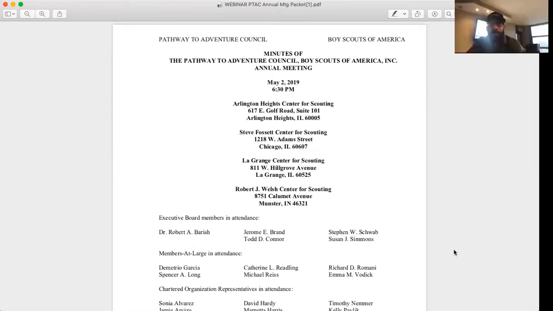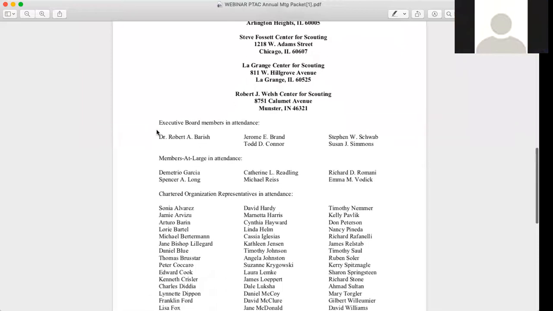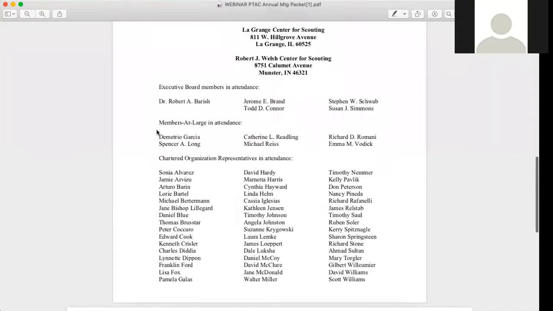There's a request from someone to move up the document. Terry, if you can do that, they want to see all the names on the page. Thank you. I'll do that. At this point, I only have the first page of the document. I know that Maureen Elroy did send that out to everyone in their packet, but I've got the first page there for everyone. Okay, great. Thank you.